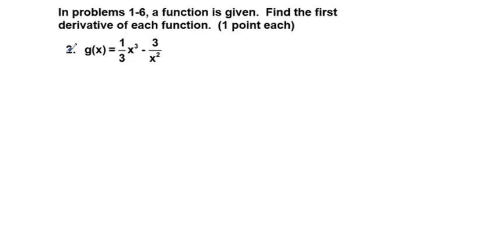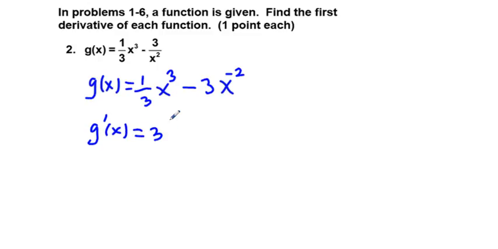Problem 2, we have g of x equals 1/3 x cubed minus 3 over x squared. Well, to do this, I'm going to rewrite what I call calculus-friendly form. This first term here, 1/3 x cubed, that's just fine. But the second one, we have minus 3, and we have x squared in the denominator, which we make x to the negative 2 power, in the numerator. So, finding g prime of x,